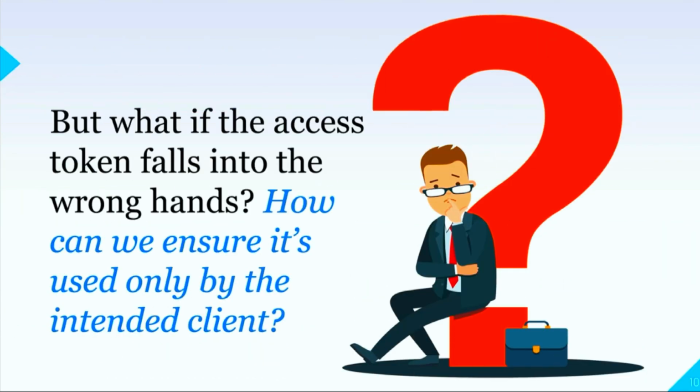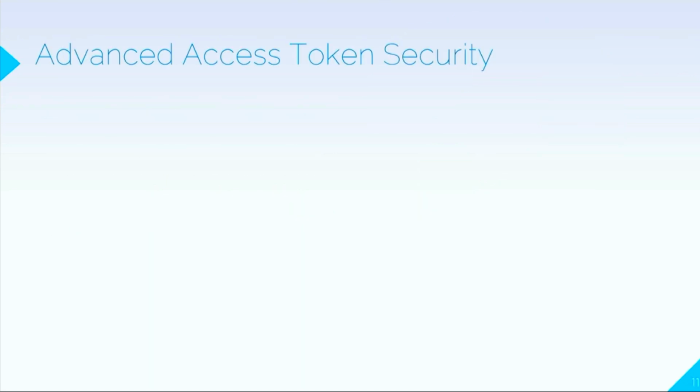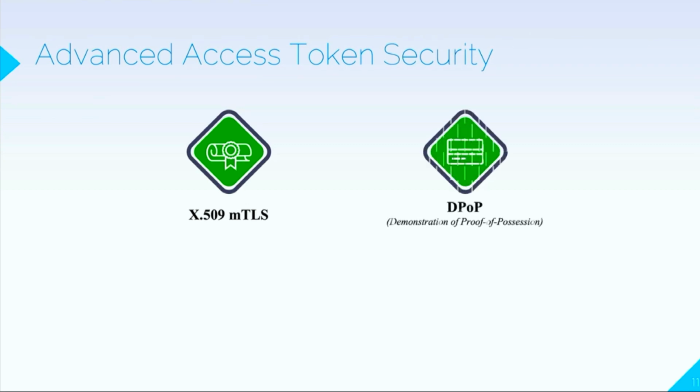And this brings us to the critical question: how can we ensure that the access token is used only by the intended client? This is exactly where advanced access token security mechanisms come into play. In OAuth, there are two mechanisms that address this issue: X509 Mutual TLS, MTLS, and Demonstration of Proof of Possession,